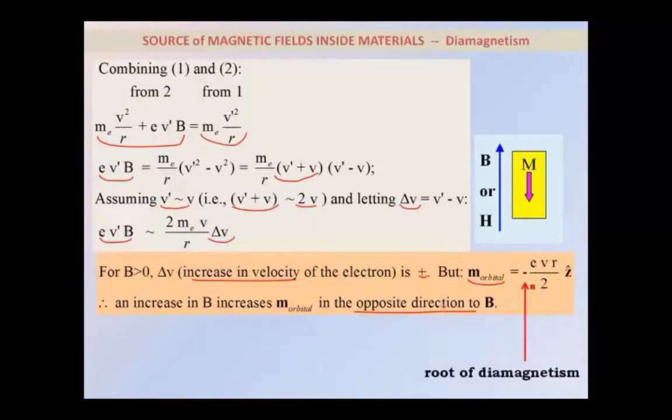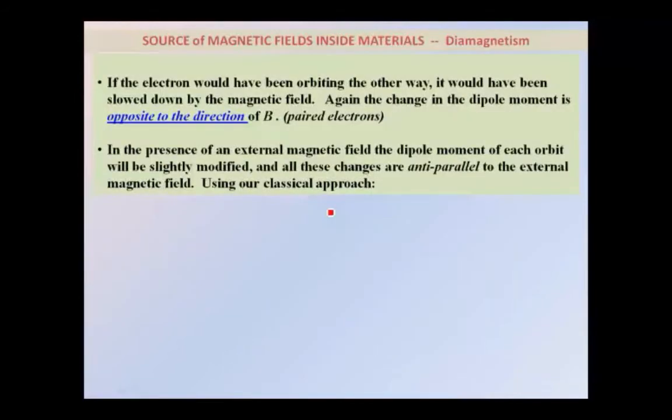This minus sign is saying that the B field in the region of this system is going to decrease. And so that means that this minus sign is really at the heart or root of diamagnetic behavior. If the electron would have been orbiting in the other way, it would have been slowed down by the magnetic field. However, if you look at the change in the dipole moment, it is again opposite to the direction of